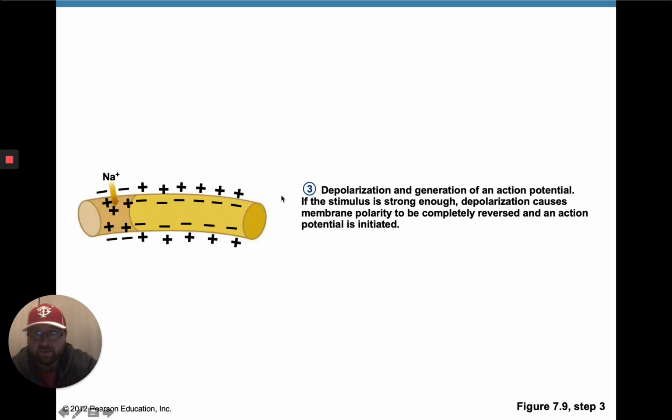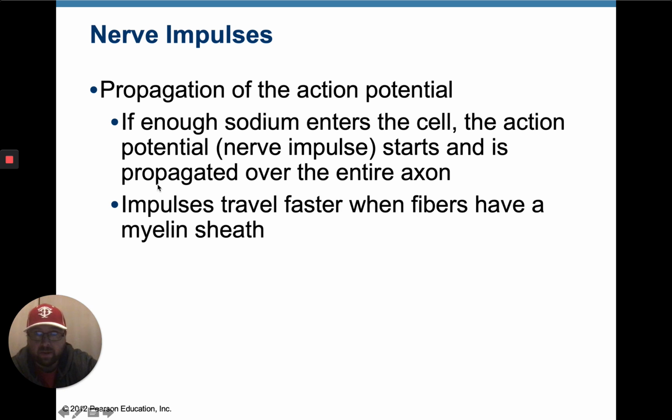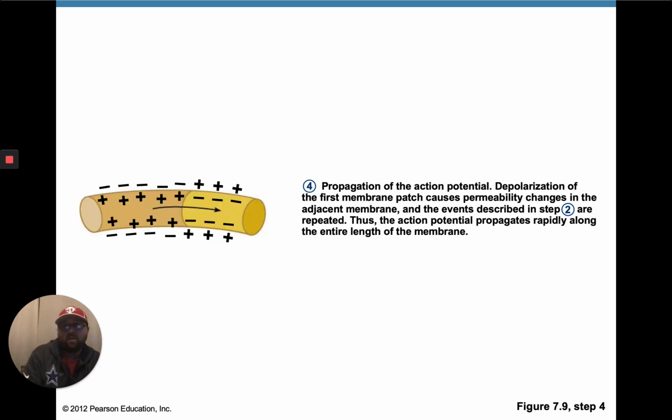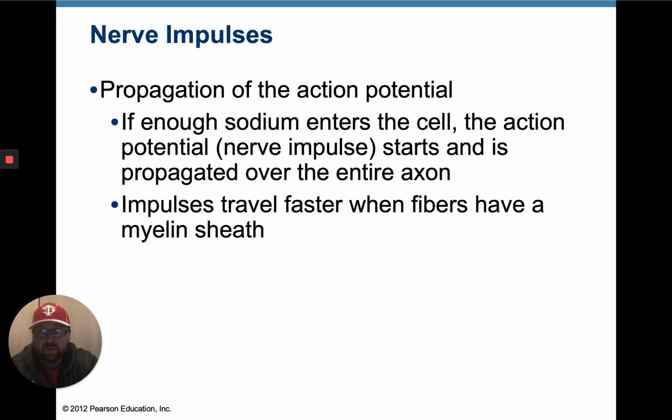Now, once this happens, the electrical impulse that we see here begins to move down our axon, and it keeps opening up more and more of those little proteins, and allows more and more sodium ions to rush in. And we call that propagation. So that's what you're seeing here. And let me go back again. If enough sodium gets into our nerve cell, meaning our impulse is strong enough, we begin to propagate and move down the entire length of the axon. These impulses travel very, very fast. They travel faster when there's a myelin sheath, but again, this comes from an electrical impulse reaching a tipping point,